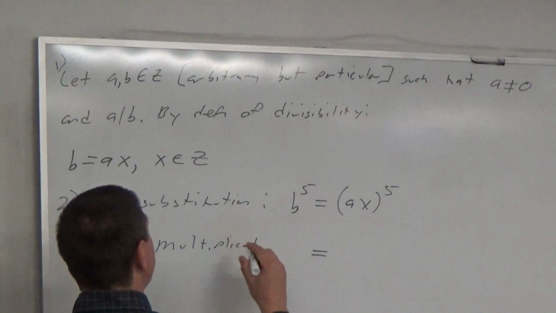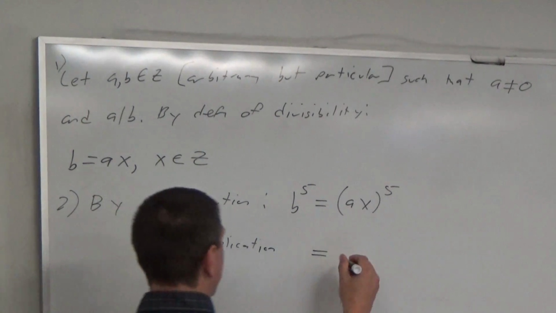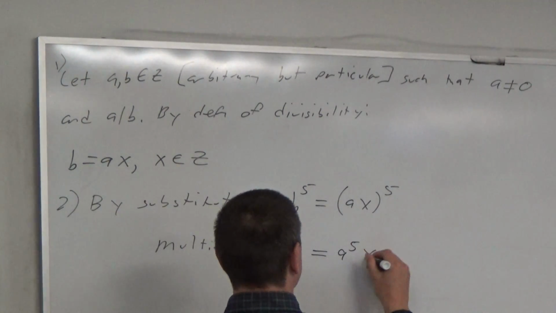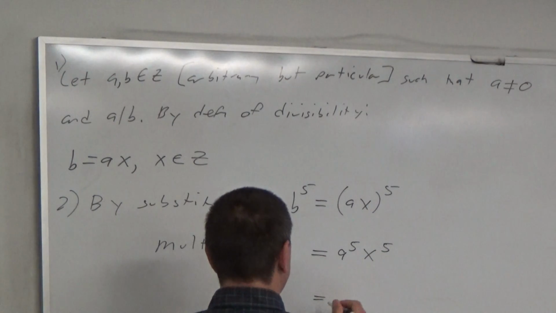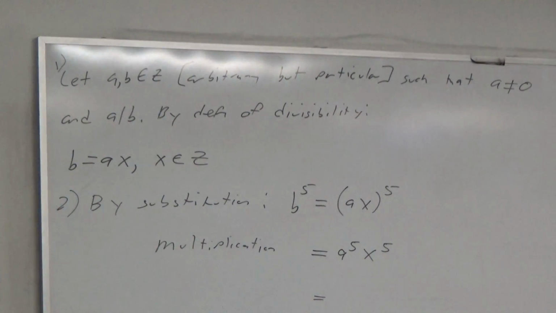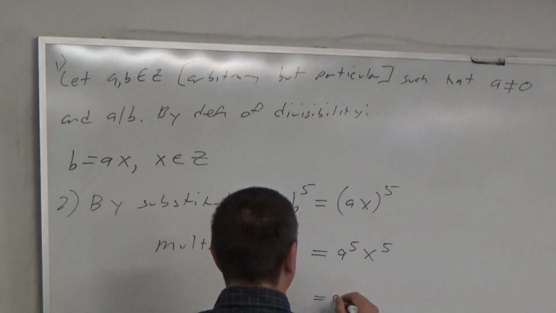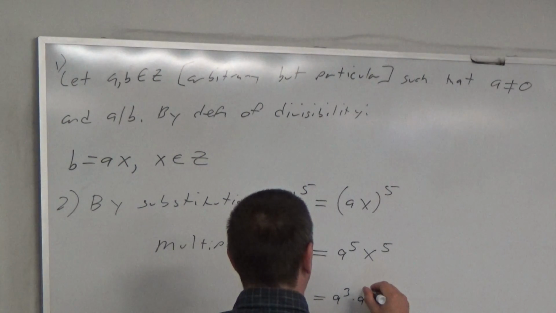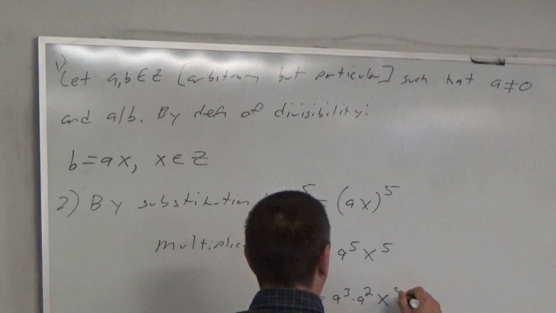And what did that become? A to the power fifth, x to the power fifth. A^5, x^5. Okay. There may or may not have been a hint that could be helpful at this point. So what do we know about a to the fifth? A cubed times a squared. Good. So we're going to say that this is equal to a cubed times a squared x to the fifth,